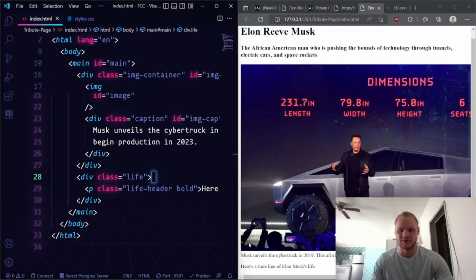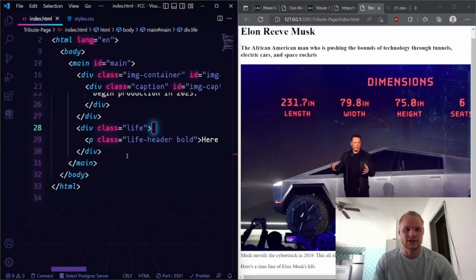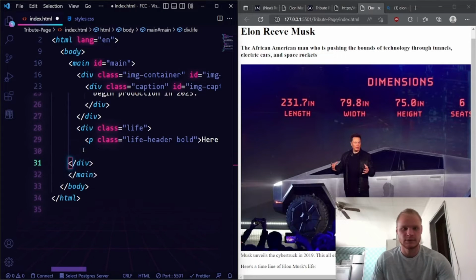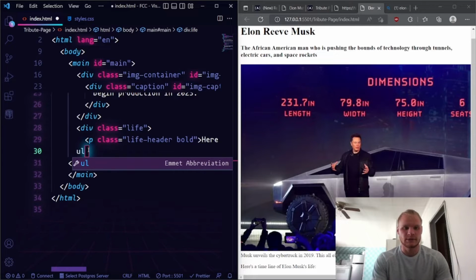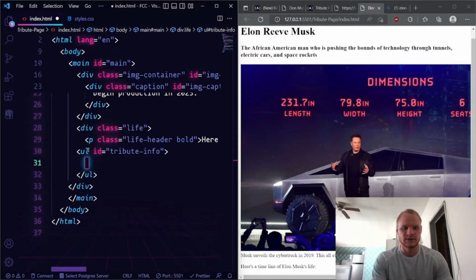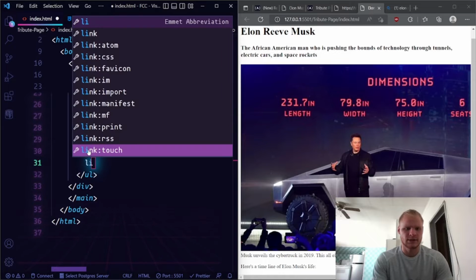Here's a timeline of Elon Musk's life, way down at the bottom there. And then we have our unordered list after that. So beneath the P elements, we'll do a UL, which is unordered list, with an ID of tribute-info for the tests. And then inside of here, we're going to have a bunch of LIs, a bunch of list items. So we're going to do LI,